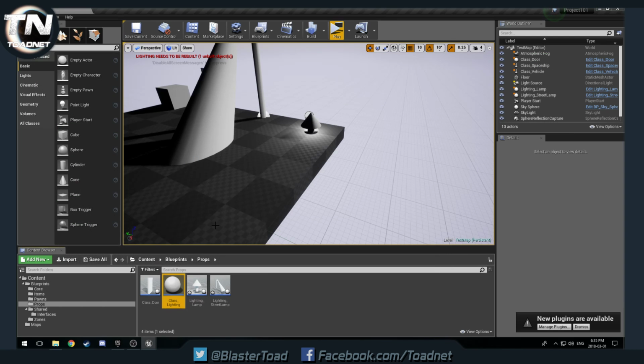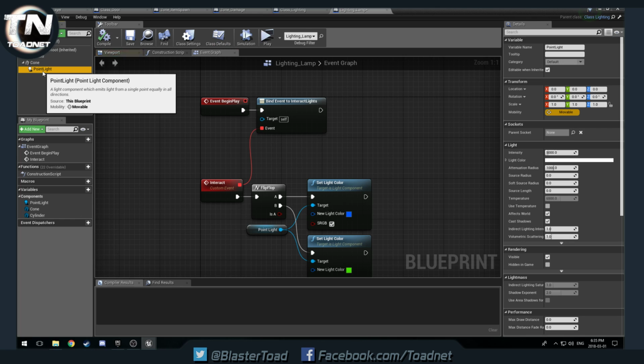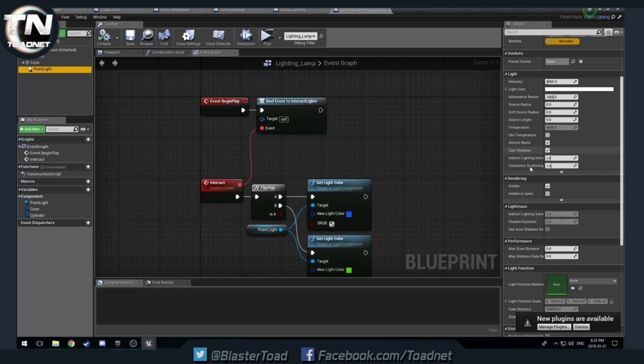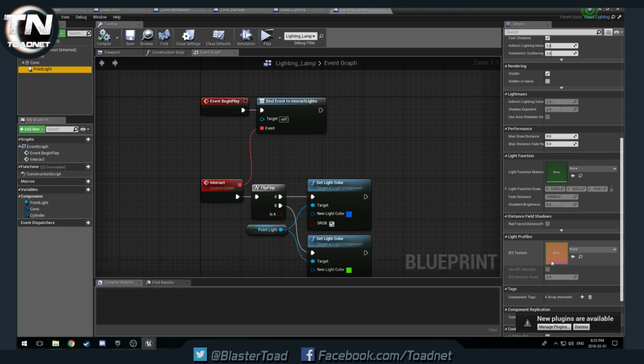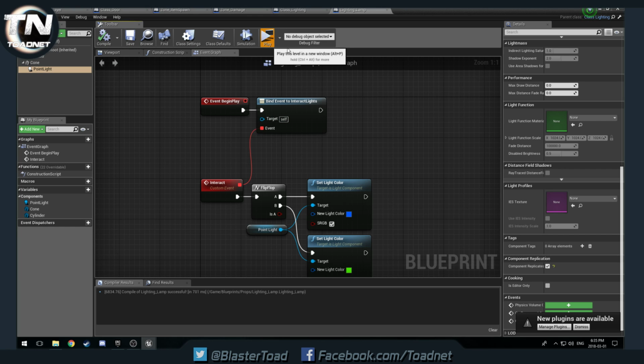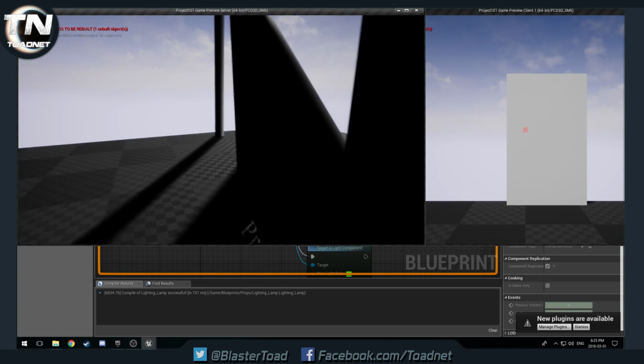Now, on our lamp, we are going to tell the light itself, the actual light that's producing the color, to replicate. So when we change it, hopefully that change goes across everything, as we're going to replicate that component. And let's see if it is that easy. If we come over here as our server,